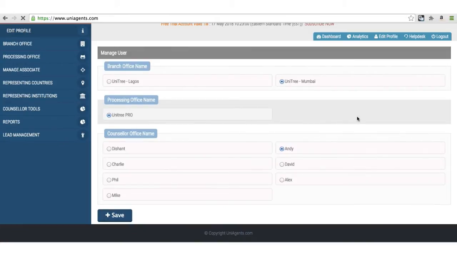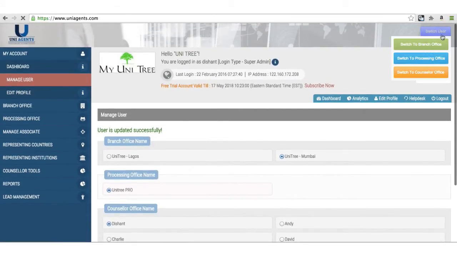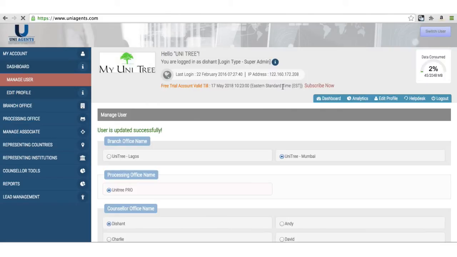Similarly, if you have multiple processing offices and you are the one handling a processing office, assign yourself that processing office. And if you are added as a counselor yourself, so I am Dishant and I am added on the system as a counselor as well, so I select myself as a counselor. Once you've done that, you just need to click on save. The system will update it, and now you can switch users. So I can switch from super admin to a counselor. It's very simple. I can switch user,